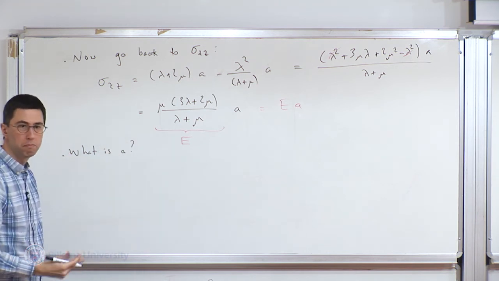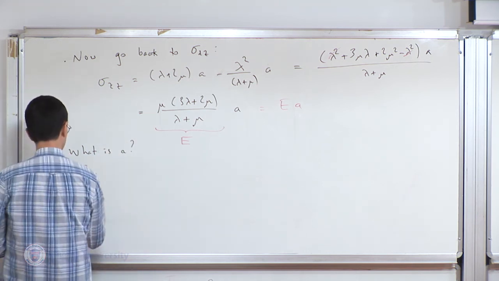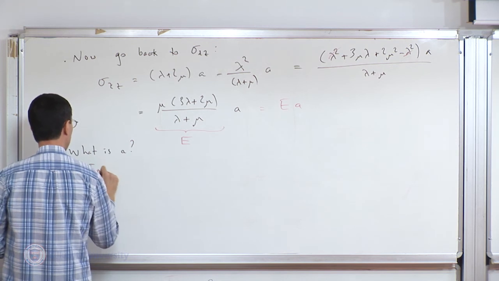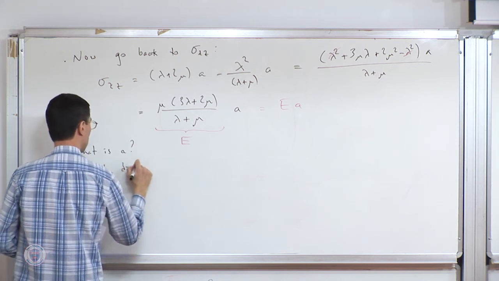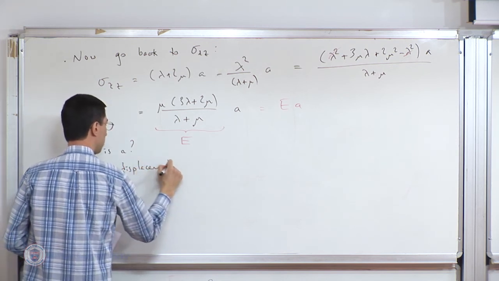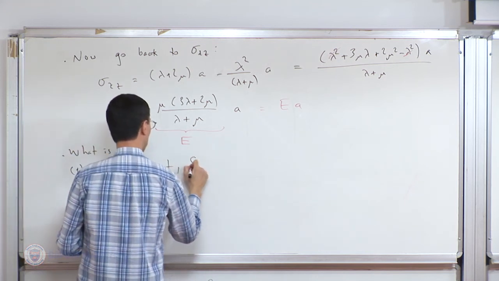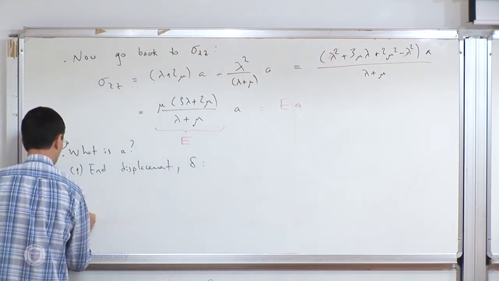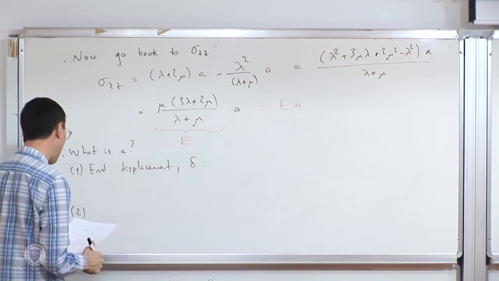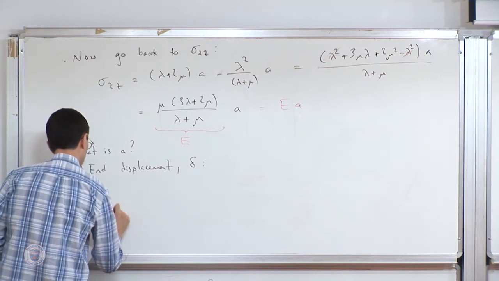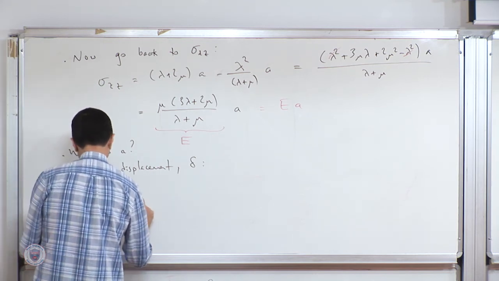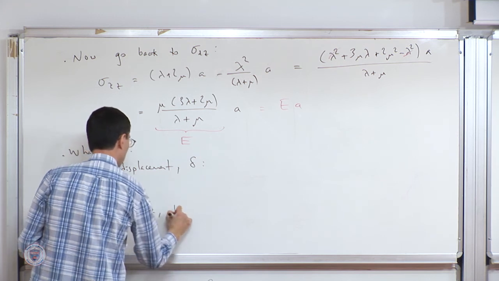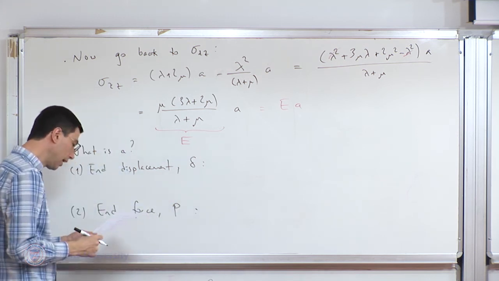And I have two conditions, right? So I could have either an end displacement. So the argument is sort of following what we did for the case of torque. I could have an end twist or an end torque. So in this case, we have an end displacement or an end force, P. And